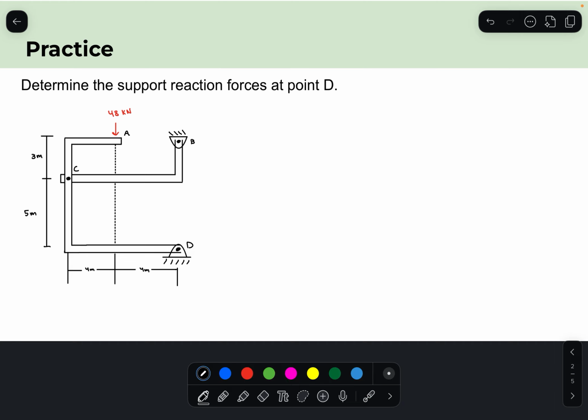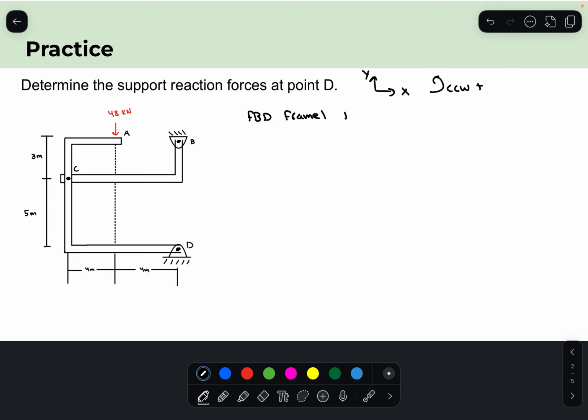Okay, so I'm first going to define a coordinate system for use in this problem. Just standard Cartesian coordinates with a positive counterclockwise moment. The first step that I like to do is to break each frame into its own free body diagram. So we are going to do a free body diagram for frame 1 and frame 2. So frame 1